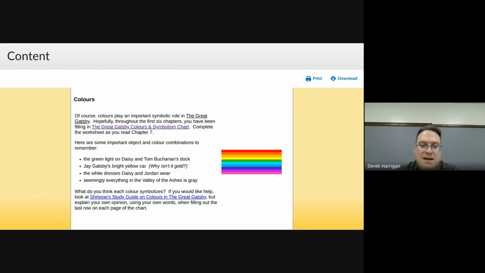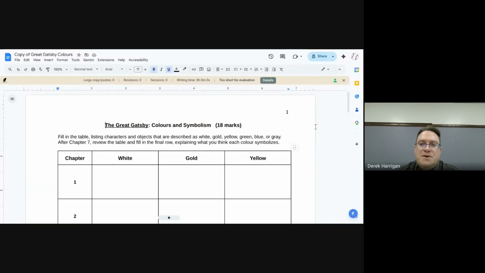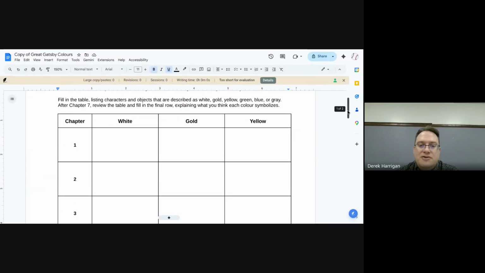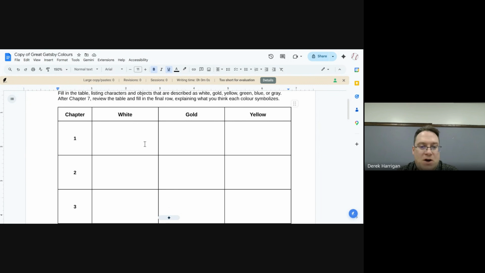So if we take a look here again, I'll open it up. So far, hopefully, you have jotted down examples of objects or things that you see in the book that are white, gold, yellow,